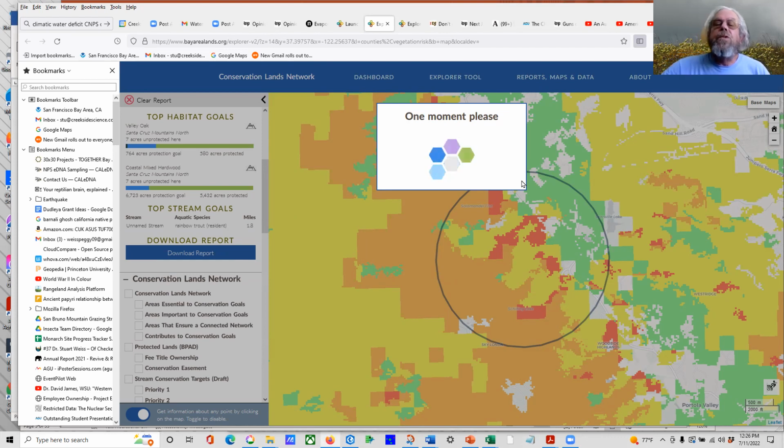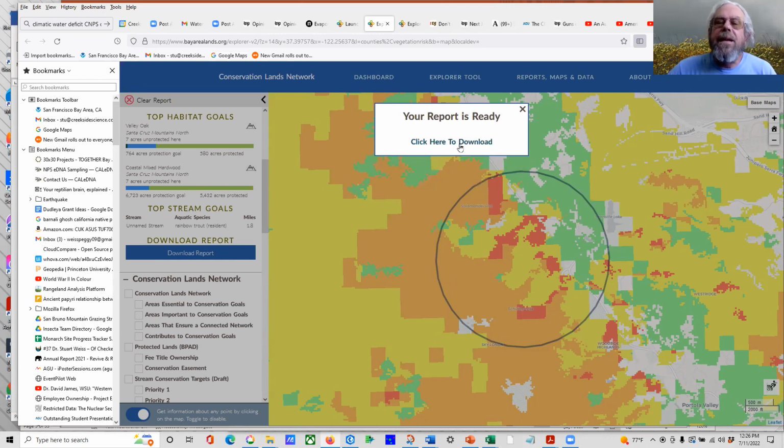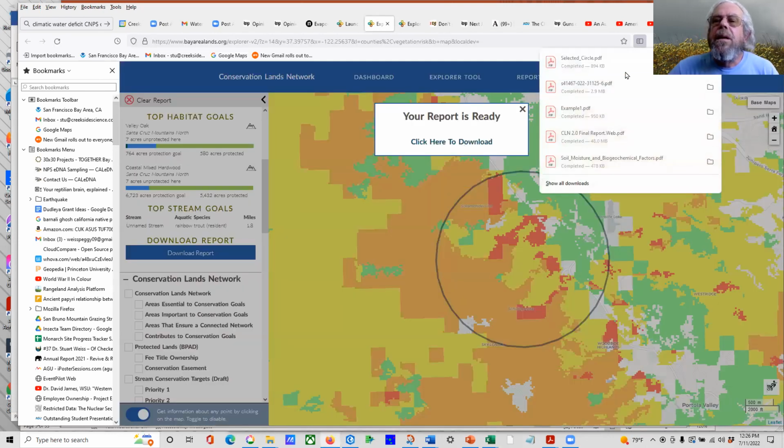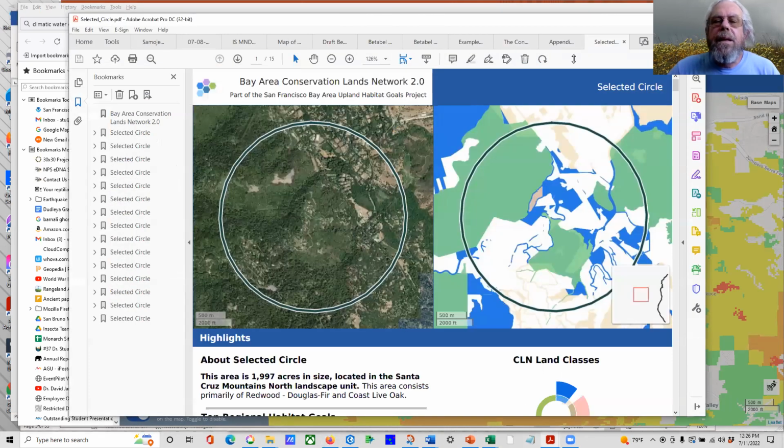conservation community, and it's used for a lot of conservation planning and assessment of conservation opportunities or assessment of existing conservation lands. Okay, so now I download it and I bring it up. So here we end up with a